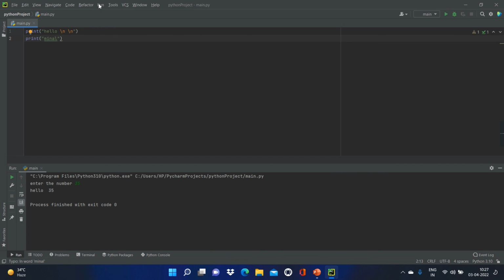Let's run the program. So you can see some extra spaces added just because of \n.